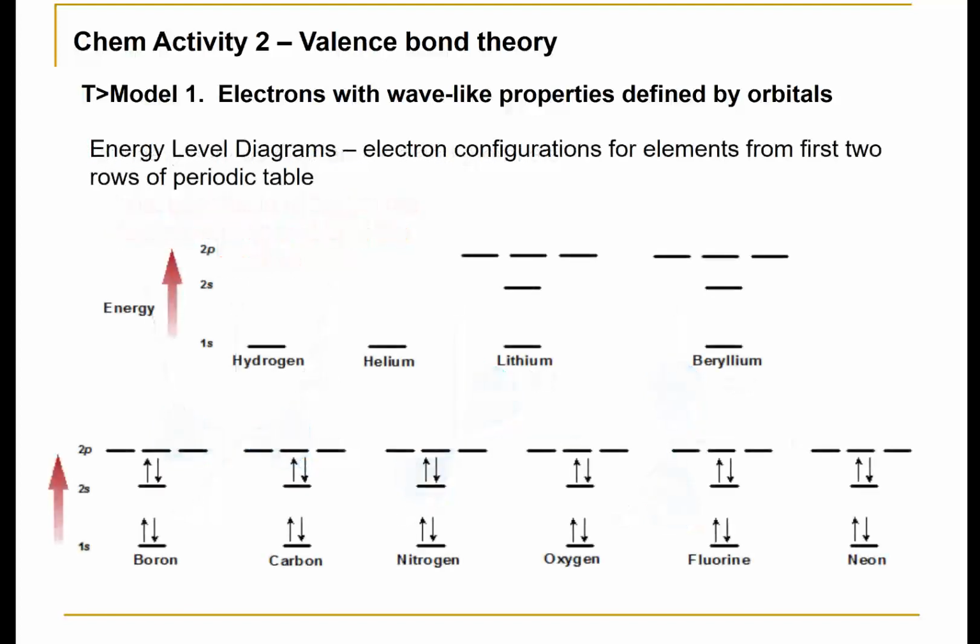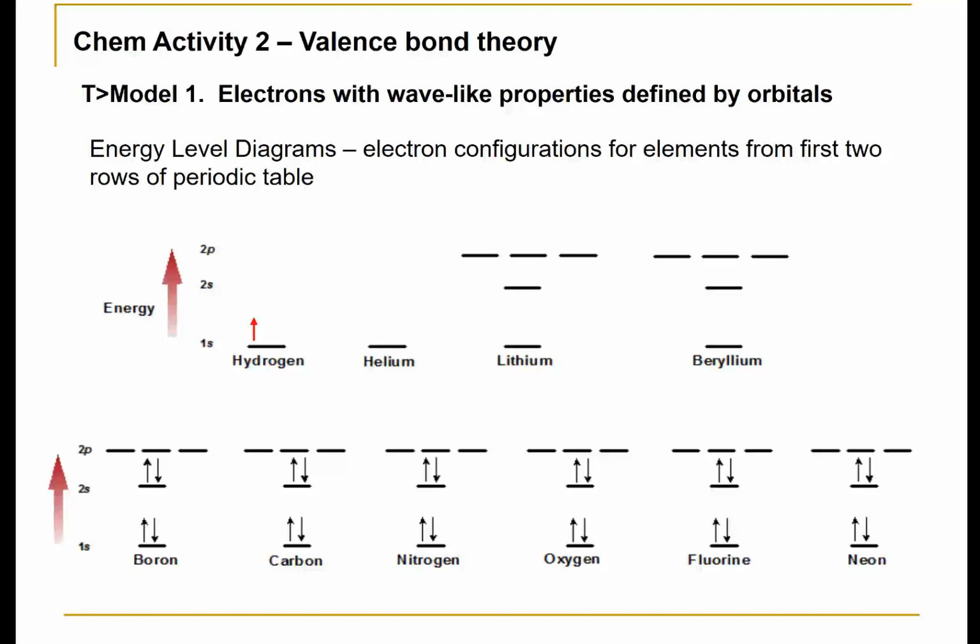Now, it's helpful to look at how electrons occupy these orbitals in different elements. And so we'll start with the simplest element, that is hydrogen, and we'll use these energy level diagrams to represent this. The electrons will be represented as arrows. So for instance, hydrogen has 1 electron, and we'll indicate the arrow in a certain direction, which actually indicates the spin of that particular electron. We'll put 1 electron into the 1s, so we'll put the electron in the lowest energy level for the hydrogen